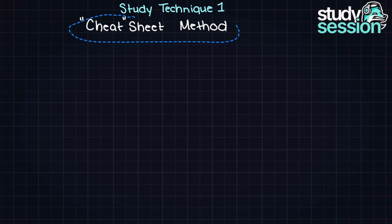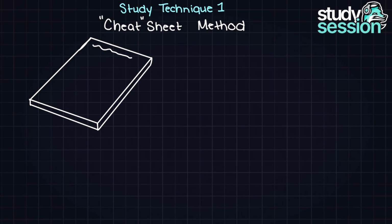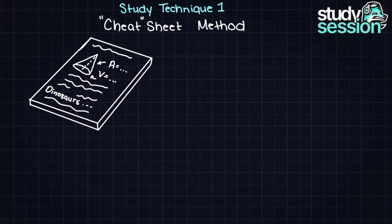Firstly, let's talk about my absolute favorite way to prepare for tests and exams. That is using "cheat" sheets. Note the quotation marks around the cheat here, as we're not actually going to cheat, we're going to learn something. For this study technique, you are going to take a sheet of paper. Now, imagine that you are allowed to take this into the test with you. On this sheet, fill it with all the definitions, formulas, study tips, or anything else you think you may need